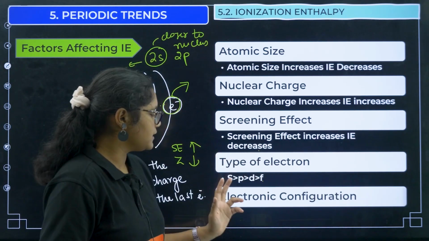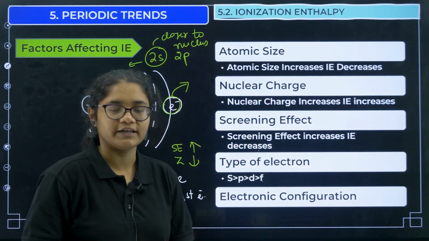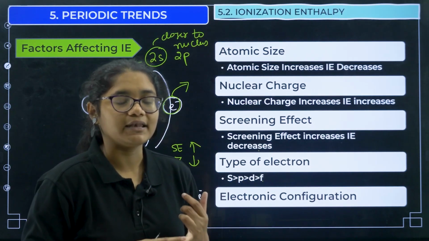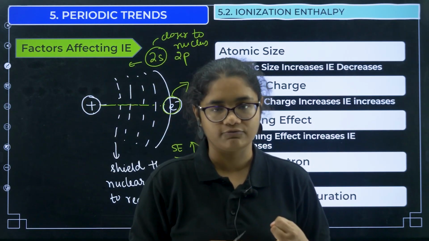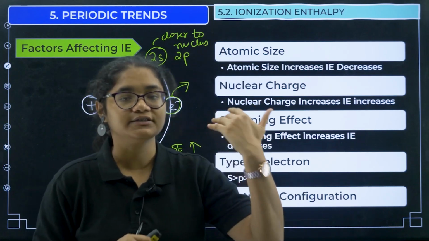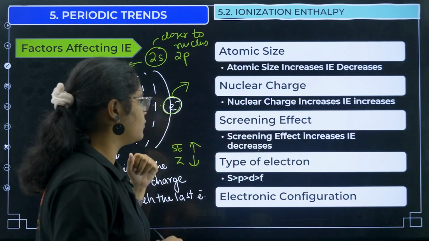The next very, very important factor is electronic configuration. Whenever we have any half-filled or fully filled configuration, ionization energy will increase. So what we can say,